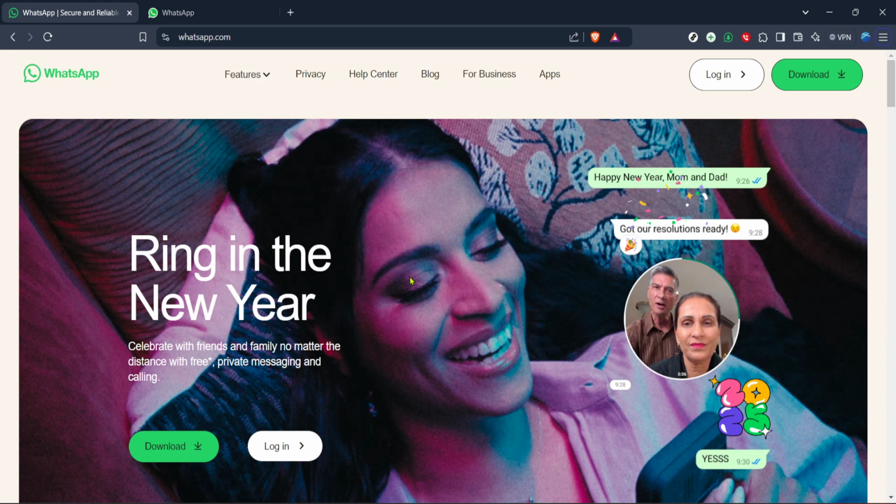First things first, let's navigate to WhatsApp Web. For those who might be new to this, WhatsApp Web allows you to use WhatsApp through your computer's browser, mirroring the chats from your mobile device. It's a handy tool for when you're working on your computer and you don't want to switch back and forth between devices. To get started, open your favorite web browser and type in